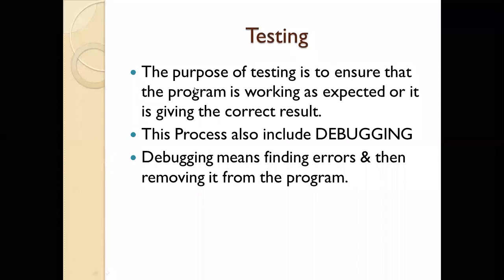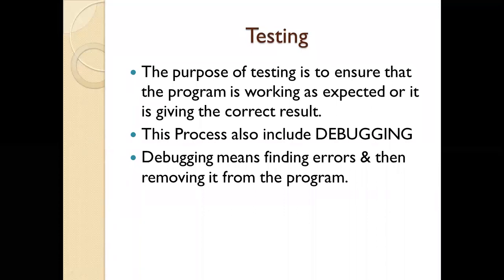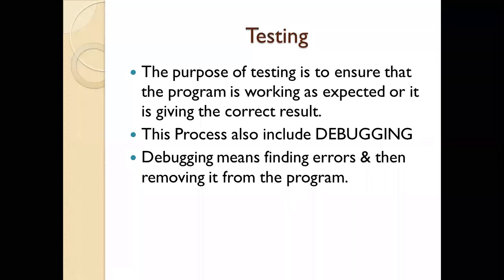Suppose you have done a mathematical question and the teacher is saying there is an error in this. The answer which you are showing is not correct. Now if you find out what mistake you have done in your question, the process of finding the error and then correcting that error is known as debugging. Bug क्या होता है? Bug का मतलब होता है error. So जब हम bug को ठीक करते हैं तो this process is known as debugging. So testing is basically you are just checking that everything is working fine or not.